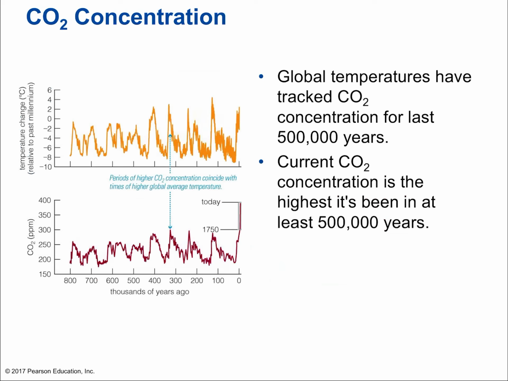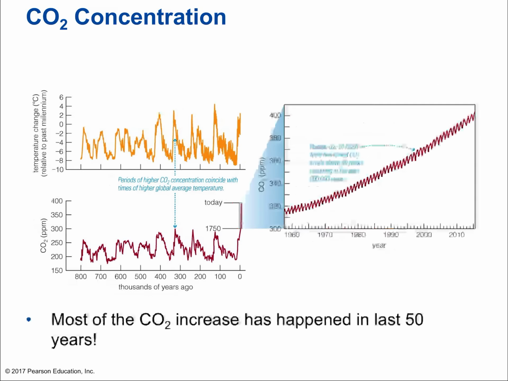Global temperatures have tracked CO2 concentration for the last 500,000 years. The current CO2 concentration is the highest it's been in the last 500,000 years. So in at least 500,000 years, this is the highest values we've ever seen. Most of the CO2 increase has happened in the last 50 years. So there's an undeniable effect here, and it's going to have some serious effects on our climate, such as